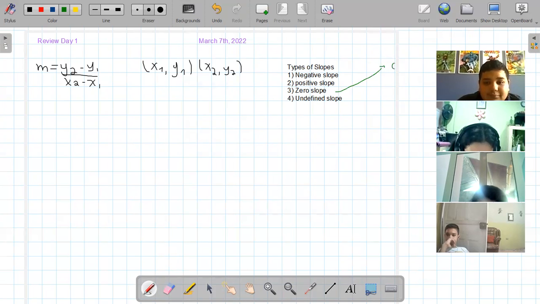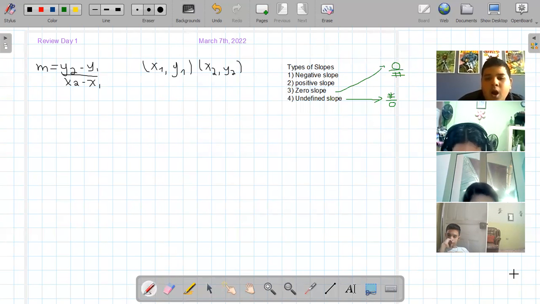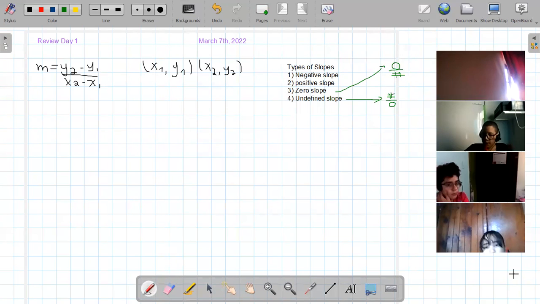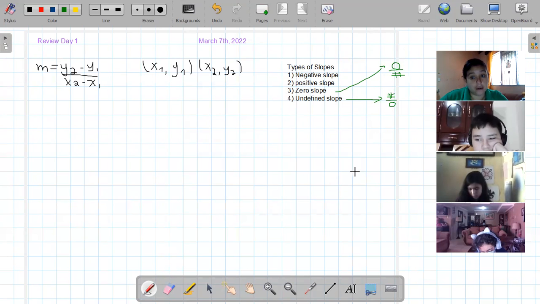And remember, the zero slope is when we got a zero as a numerator, and then on the denominator, we have any number. Whenever you get zero over any number, doesn't matter if it's positive or negative, that's a zero slope. And an undefined slope is when we have it the other way around, a number divided by zero. And we know that we cannot divide by zero, right? Because that's what makes it undefined. So those are the four types of slopes that you can have and that you can determine with this formula,